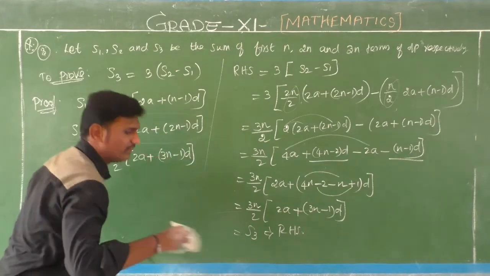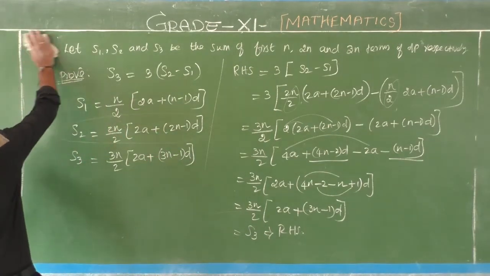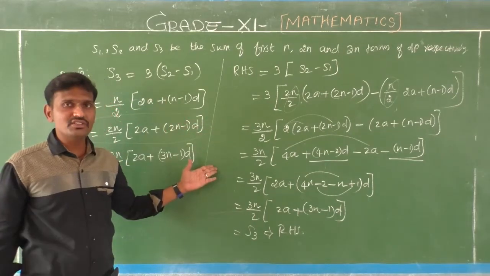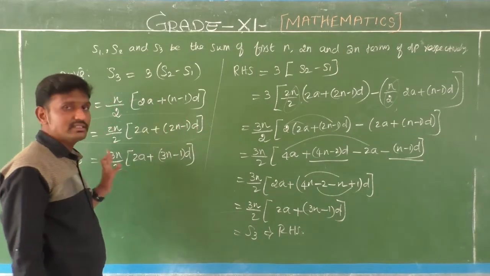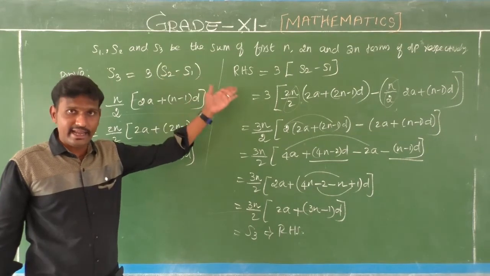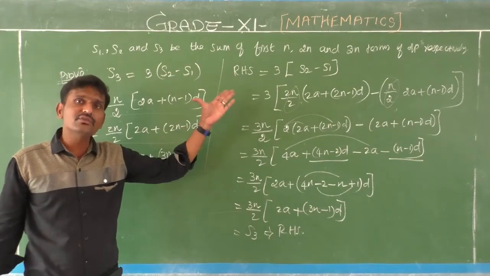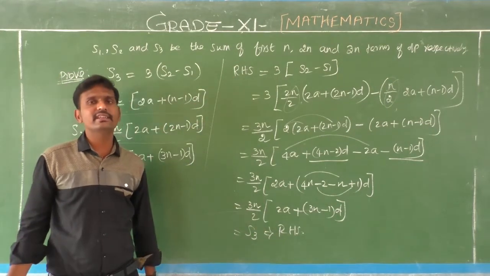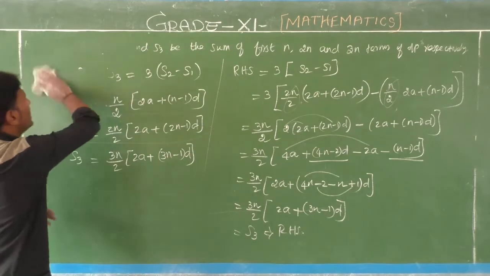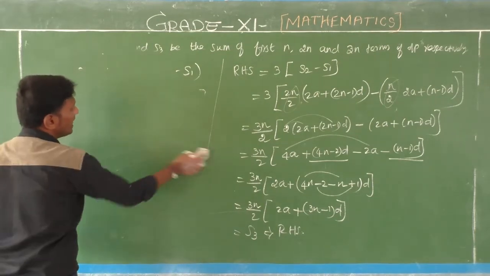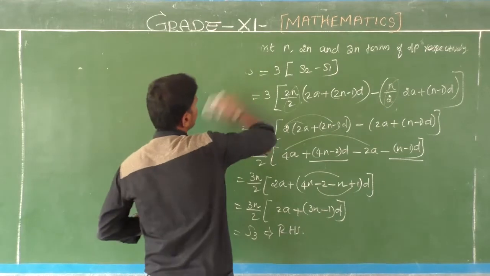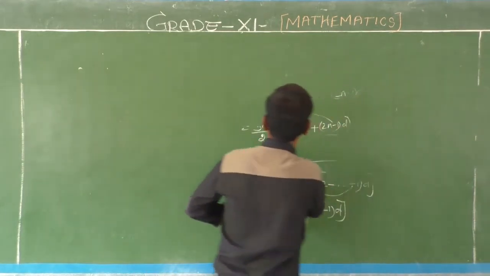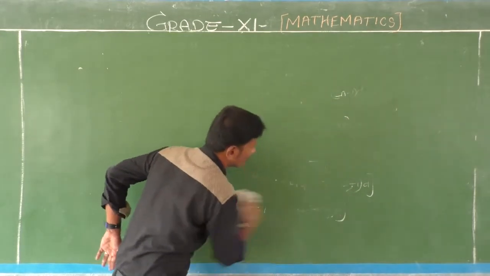So next question. See, I hope you all understand this question. Because of S1, S2, S3, it is simple. We are going to take the right side and substitute the values of S2 and S1, and after simplification get the left side, that is S3. Students, the next question is the divisible pattern. This question you already prepared in the 10th syllabus also. So that question I am going to give you now.